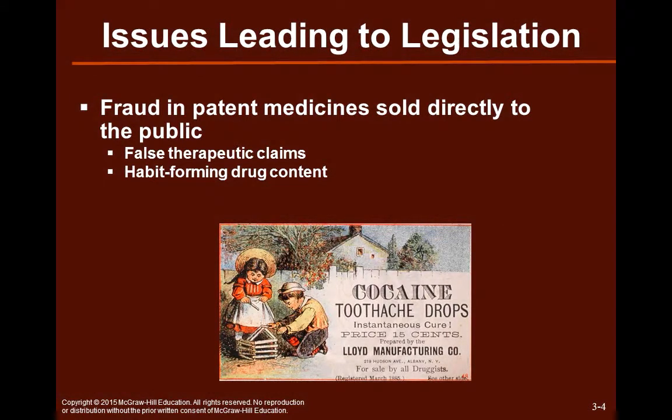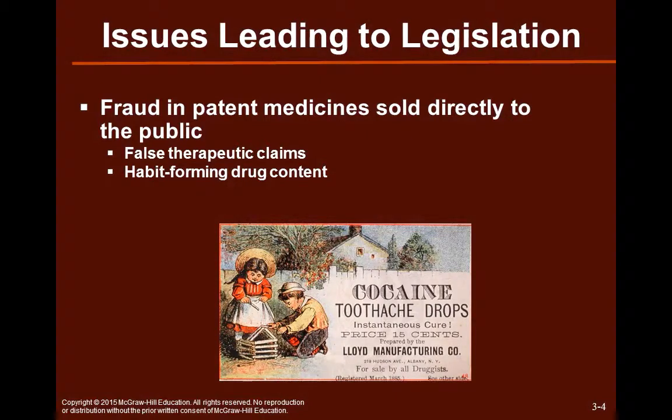So we're talking about how we started legislating here in the United States. You can see the image here on the screen was for toothache drops, apparently appropriate for children, that contained cocaine. And this was legal for sale. They were manufactured. They probably did a really good job handling that pain. And of course, it's something that we now think about as inappropriate and very, very dangerous. But at the time, you could find this in your local drugstore. So this is one of the issues that people were concerned about when we talk about those patent medicines, those drugs that were created and sold without any regulation,